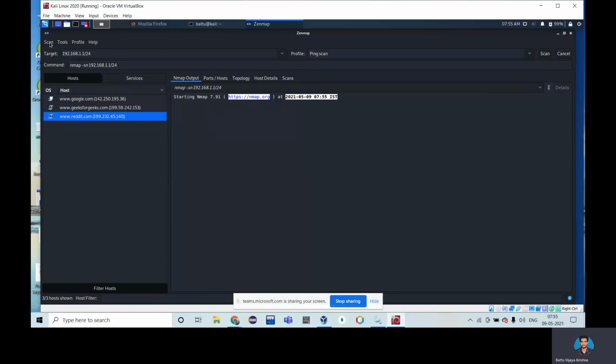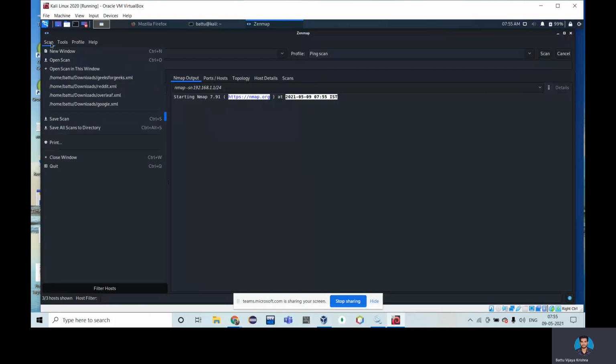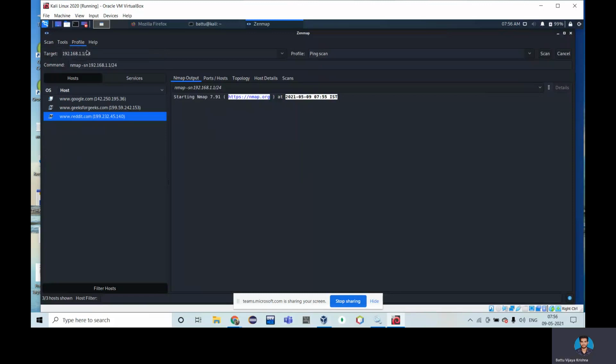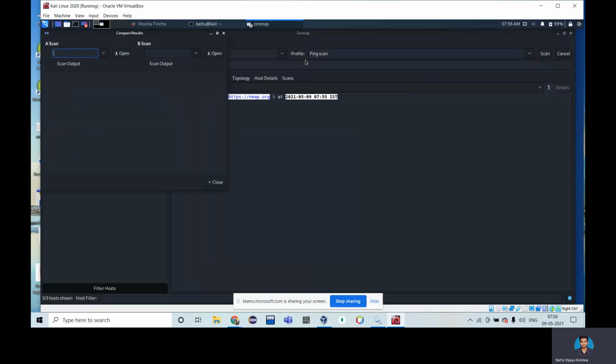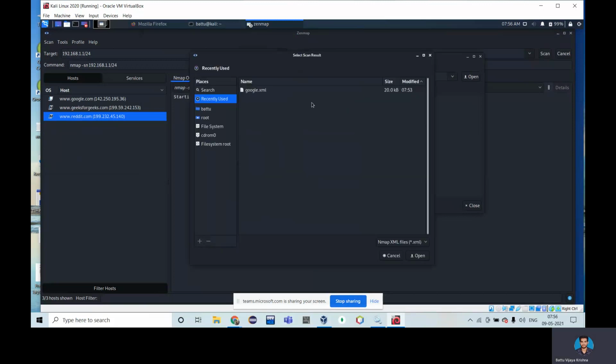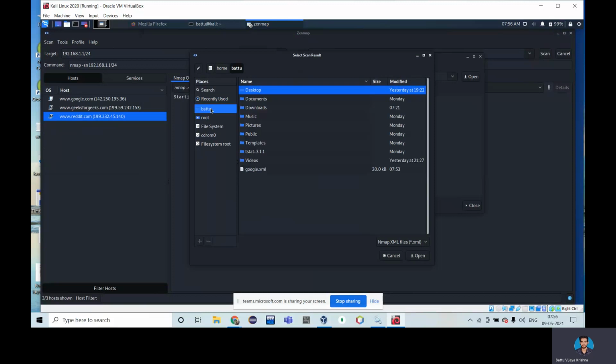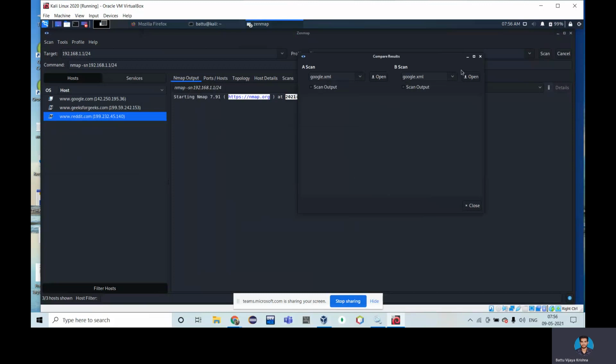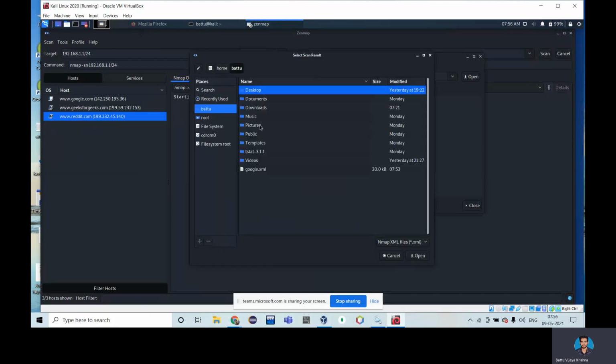It is performing right now. In this tool we can compare results; already saved scan results will be opened here, like Google.